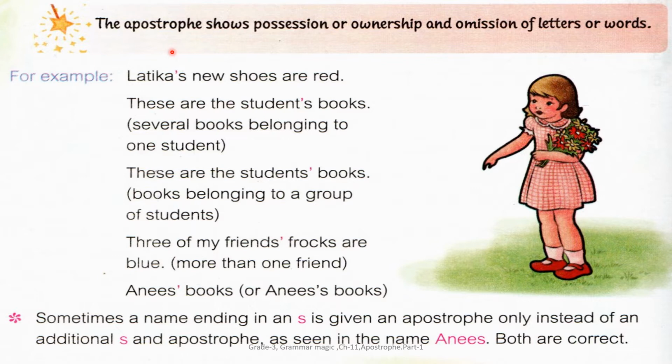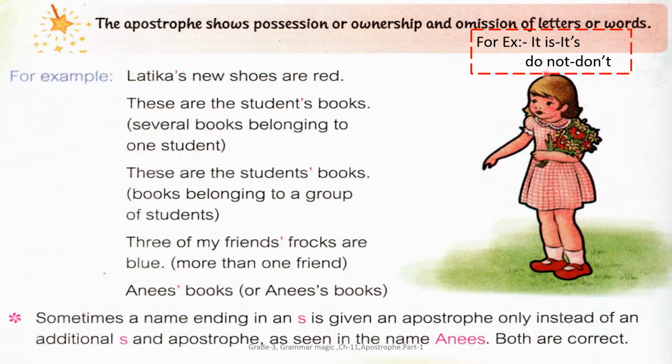That time we make use of apostrophe in the word, but it should be a noun. It may be a singular or plural noun. And omission of letters or words. Omission means if you want to make the word shorter, we make use of apostrophe in that word. For example, it is. So how will we make it shorter? It, then apostrophe s. So it indicates it is. We make use of it like this in a sentence.